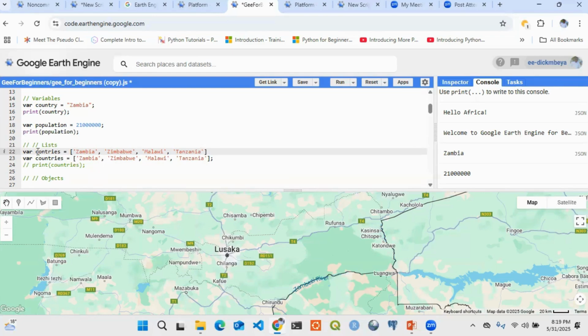So okay, countries, spelling. So countries, and then I'm storing more than one value in a variable, countries. That's what I'm doing here. If I run this now,